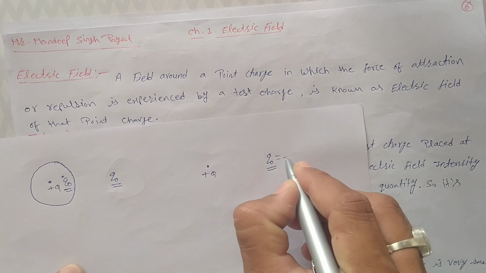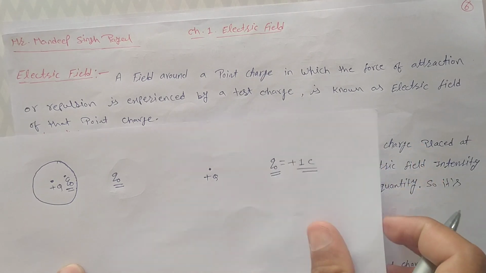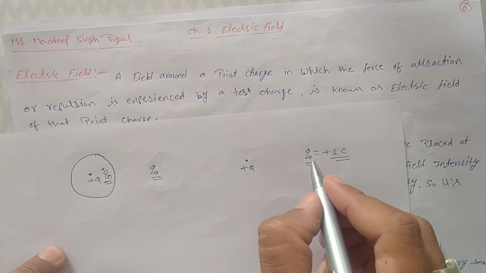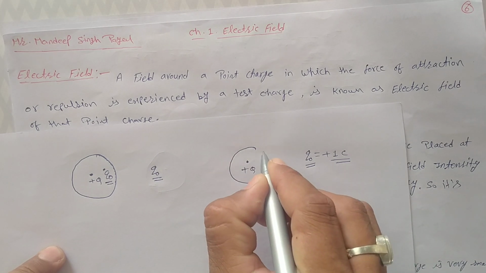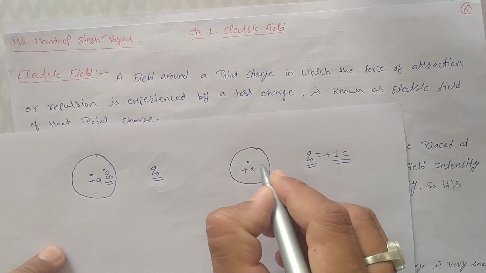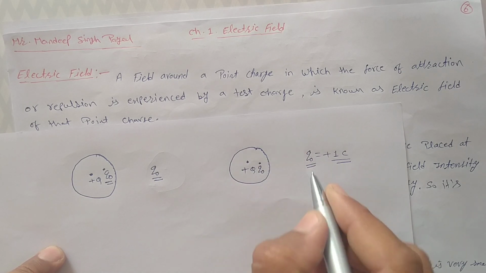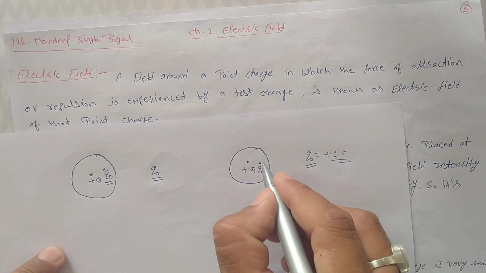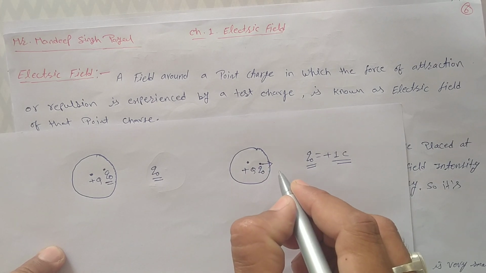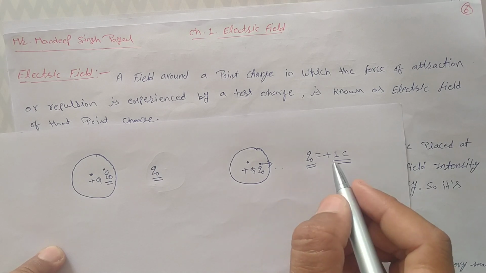Q naught is a positive unit charge. If we bring this charge into this certain area, suppose this testing charge is placed at this point, then this charge experiences an electric force, which is known as electric field